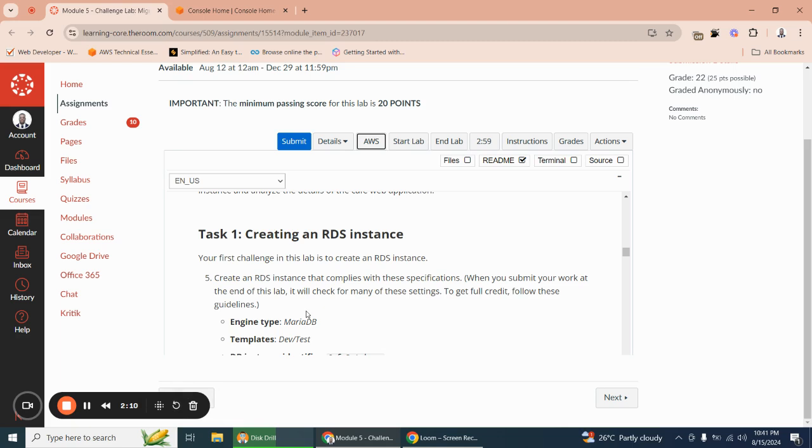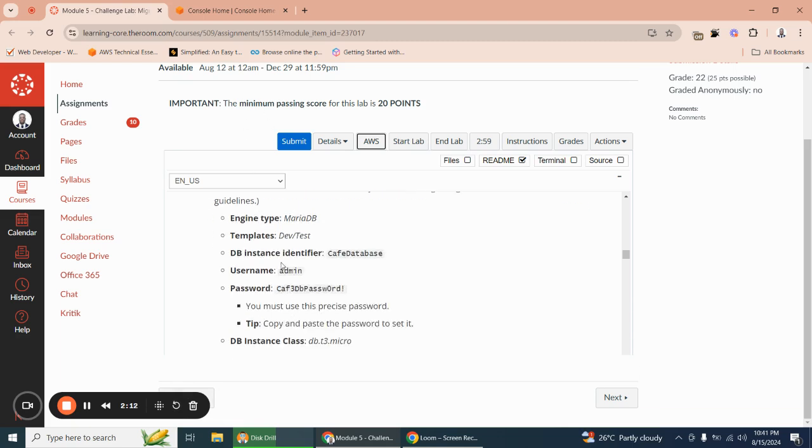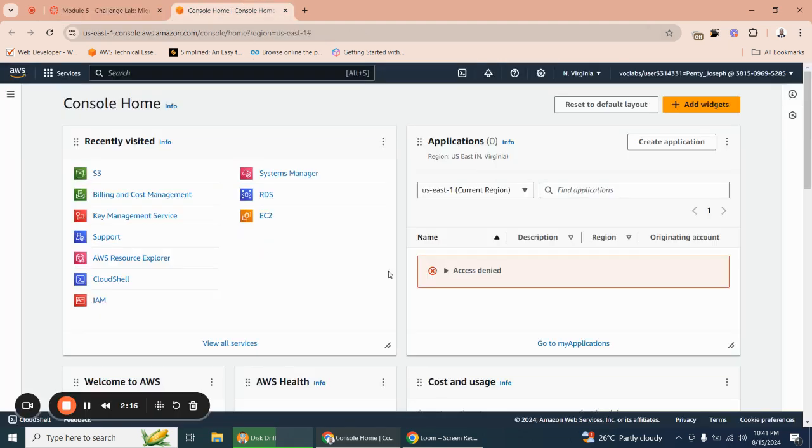The engine is supposed to be MariaDB. So to do that, go into your search bar, type RDS,